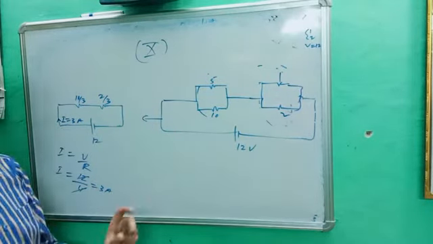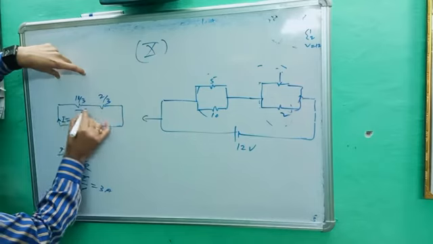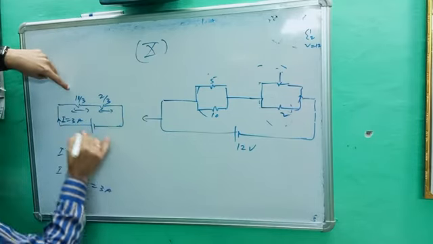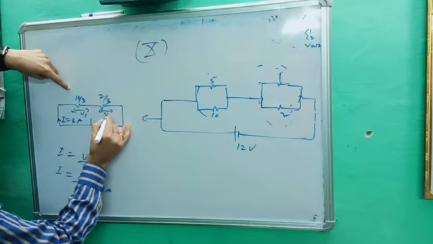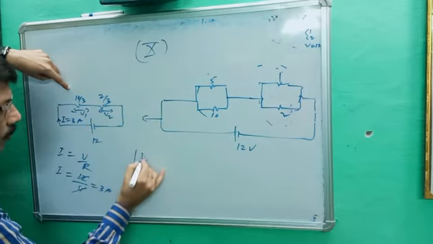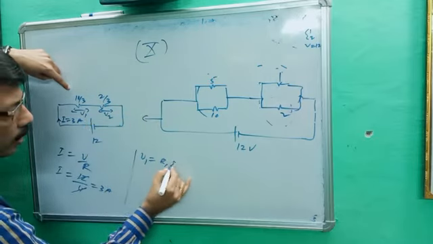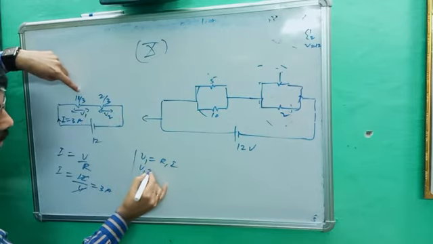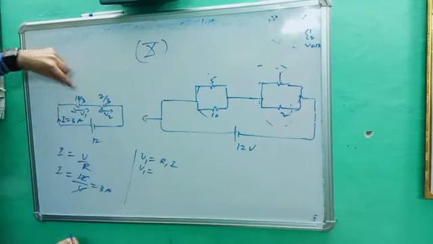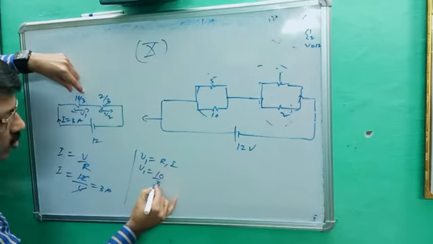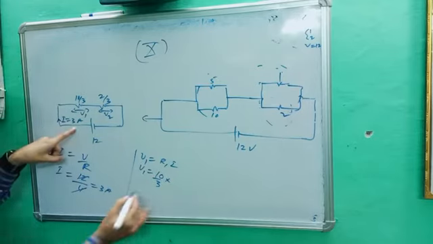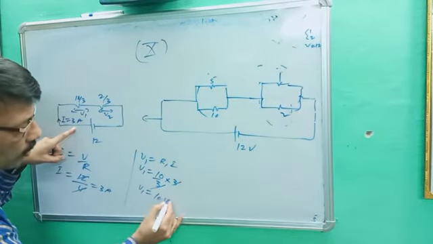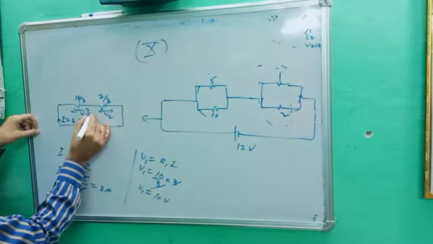Are you getting it? Now we will divide the potential. They are in series and potential will be different for them. Let's suppose this potential is V1 and this potential is V2. What is the value of V1? V1 is equal to R1 into I. I remains constant for both because they are in series. R1 is 10 upon 3 into I, which is 3. 3 cancels. Value of V1 is equal to 10 volt.